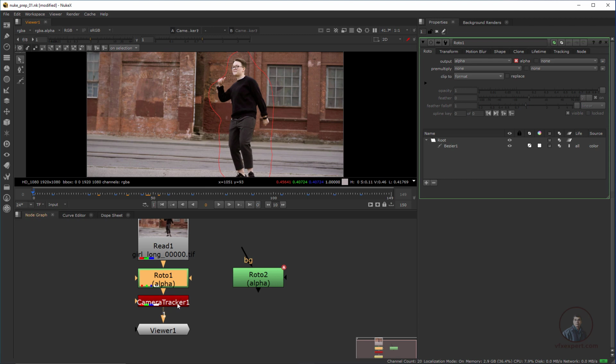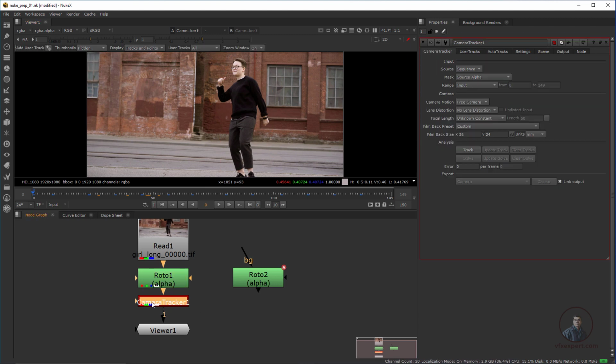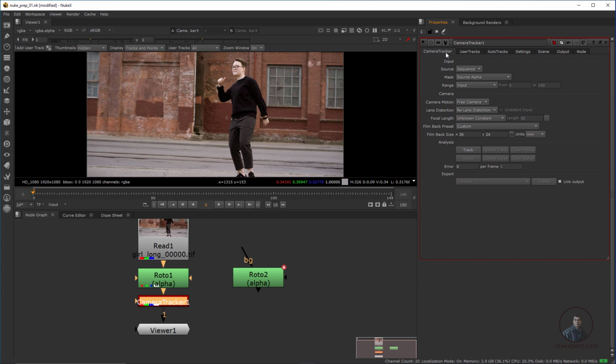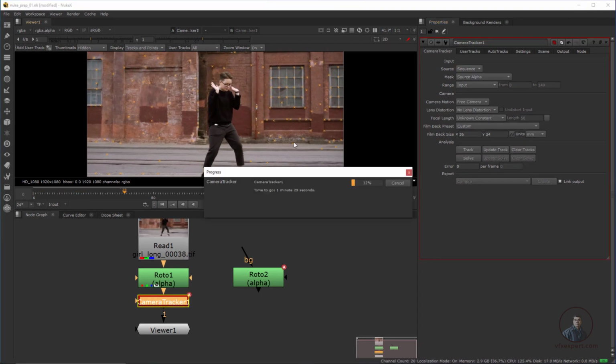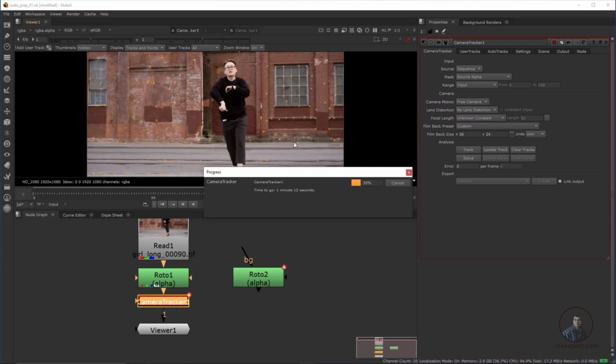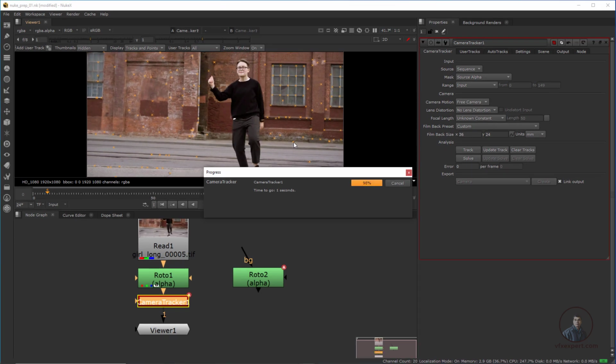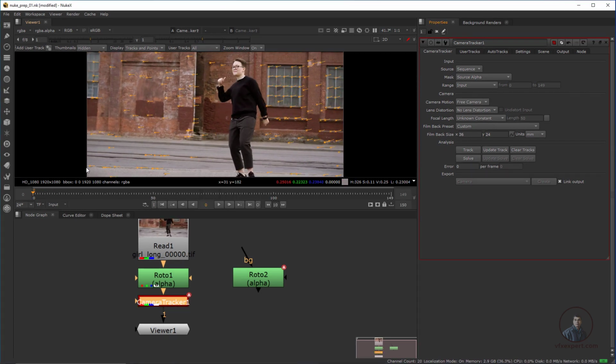After this I am going to track our camera. Again double click the camera tracker, then finally simply click on track. On default values I am going to track, and if you want you can increase the number of points and all these things according to your requirements. Now if you want, switch off this preview feature. Now finally simply come here in camera tracker and click on track. Now here you will see the software is tracking our shot. So here I have tracked our shot.